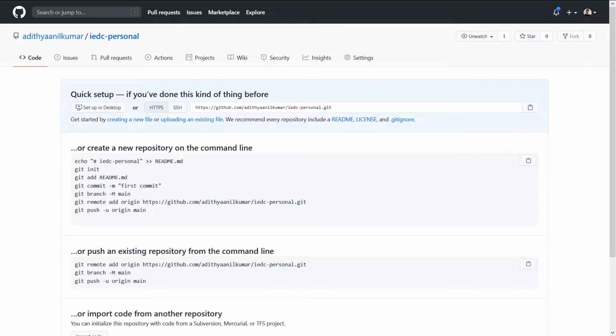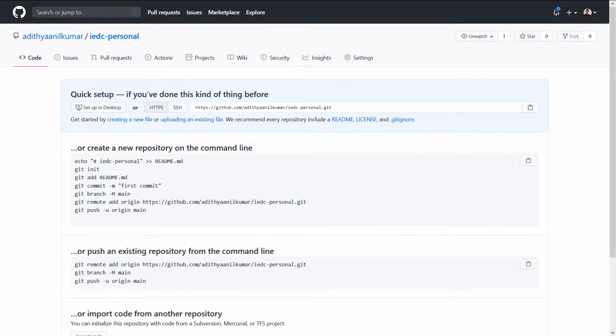Git shows you a log of what all changes you have made to your file, and you can easily go back to a particular change that you want. That is essentially what Git does. And GitHub is like a cloud platform where you can store your code on the cloud and access your code from anywhere in the world.